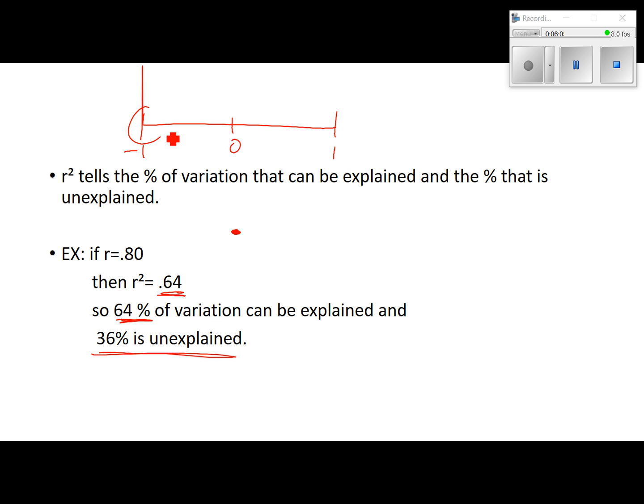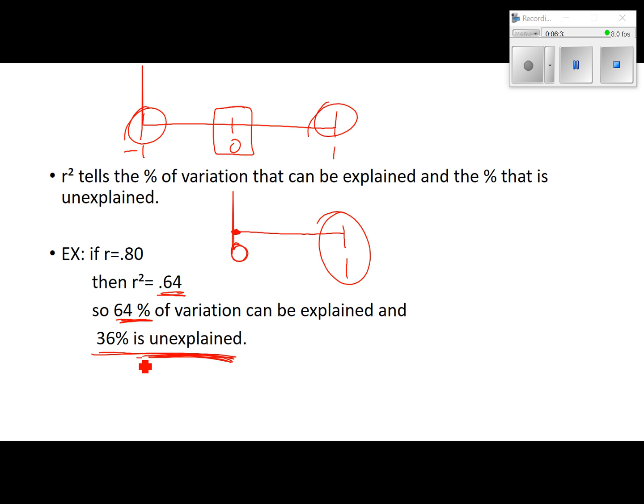And remember, as we get closer and closer to 1 or -1, then we have a really, really good correlation. As we get closer to 0, it's a poor correlation. And R squared goes from 0 to just +1. As we get really close to 1 here, that means we have less and less